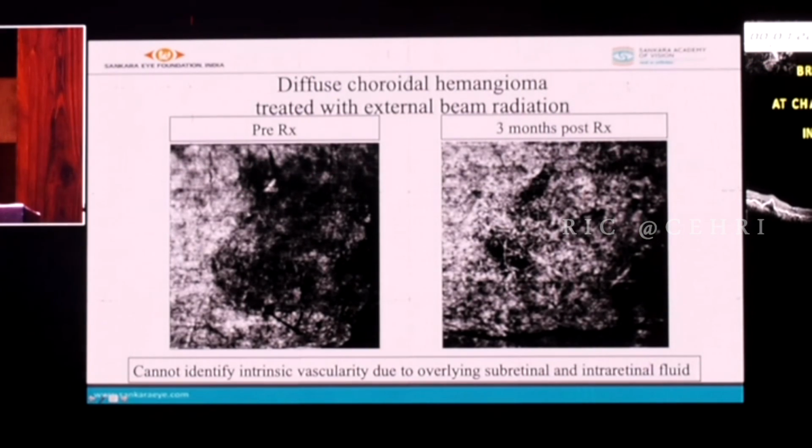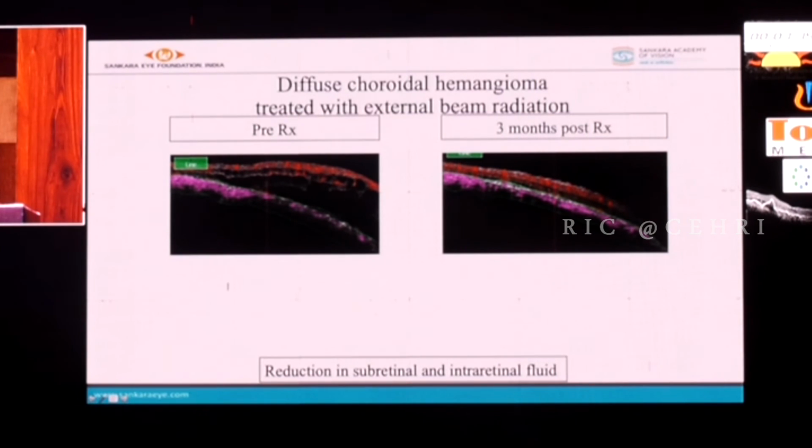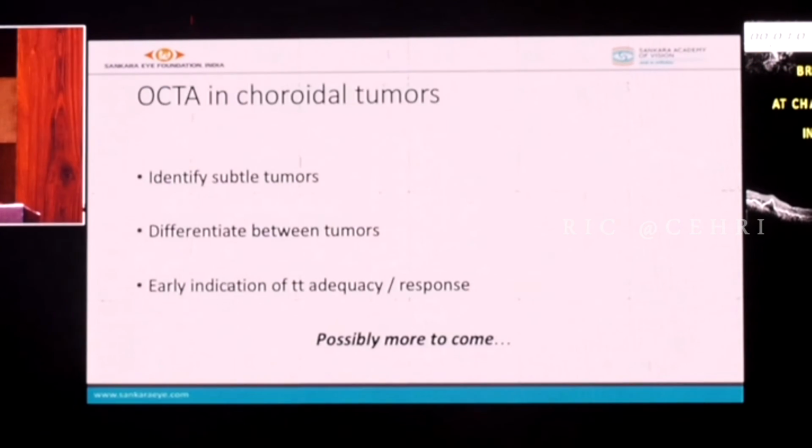But then let's look at the OCTA. Actually, in contrast to whatever we saw, here we see much more black areas pre-treatment in contrast to post-treatment. Why is it so? Because this fluid was having a masking effect. So don't look at just the OCTA and say whether it's working or not; we have to look at everything, in addition to the patient as a whole, to decide if it's working or not.